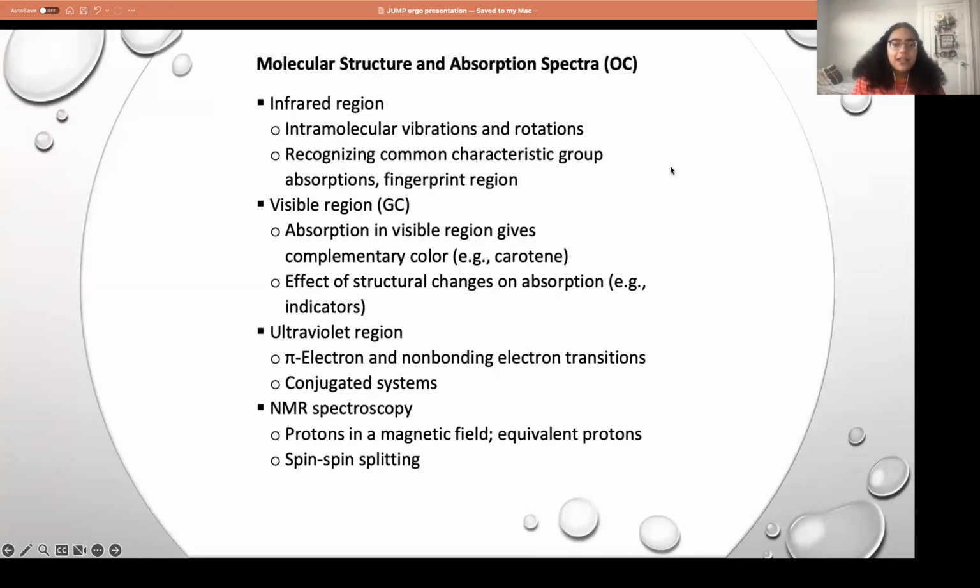The first thing we're going to get into is the molecular structure and absorption spectra. One thing in terms of organic chemistry on the MCAT in general is there are a lot of lab situations, a lot of questions with experiments or how you would measure something. So I put that at the start of this. It's also mentioned at the start in the AAMC document. You might have covered these in your organic chemistry class or at least in lab, but it's really good to brush up on. Visible region is marked as Gen Chem, so I'm just going to do the other 3 here.